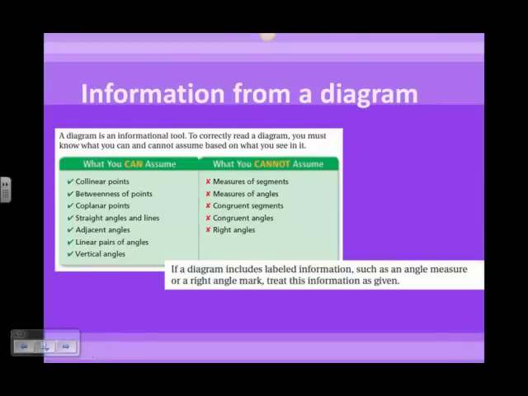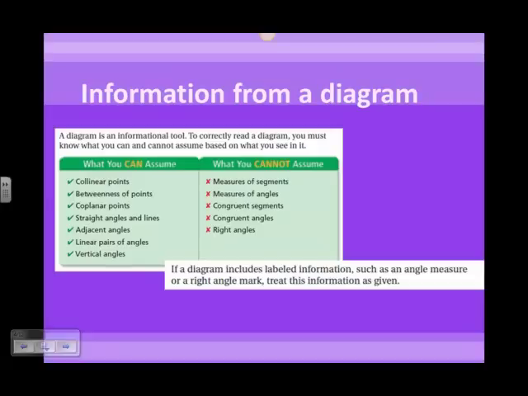So when you have a diagram, we talked about this a little bit in class, sometimes accompanying the proof or the thing that you're trying to prove will be a diagram. And when you have a diagram, it's important to note that there are certain things that you can assume by looking at the diagram, and there's certain things that you cannot assume. So here in this chart, we keep track of what you can assume and what you cannot assume when a diagram accompanies your proof. You can see here are the things that you can assume: collinear points, betweenness of points,